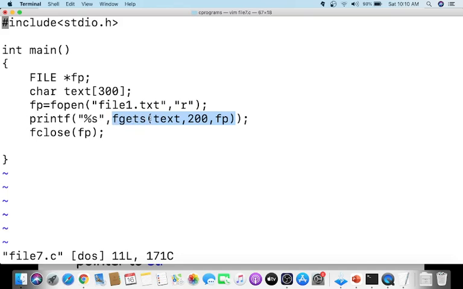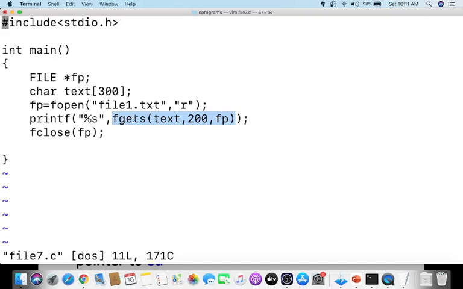So the fgets function has three parameters inside it. One is text, comma 200, which specifies the number of characters that should be read, and fp. fp points to file1.txt. So it reads the first 200 characters of file1.txt, and they will be copied to text, ended with a slash 0, and that string will be printed as output.